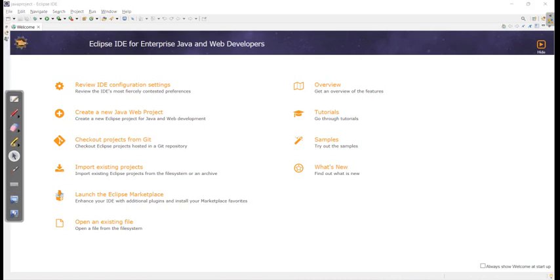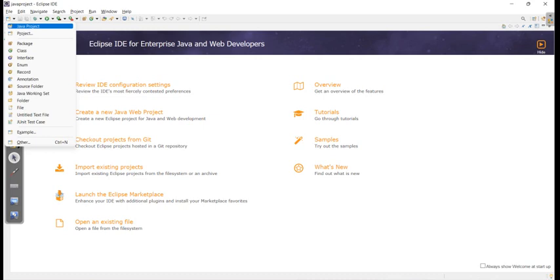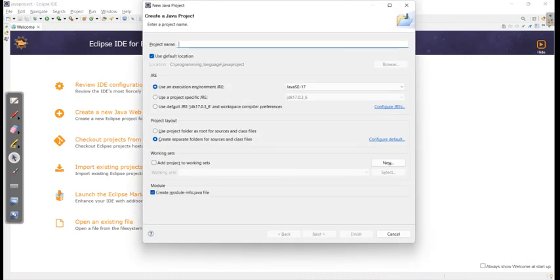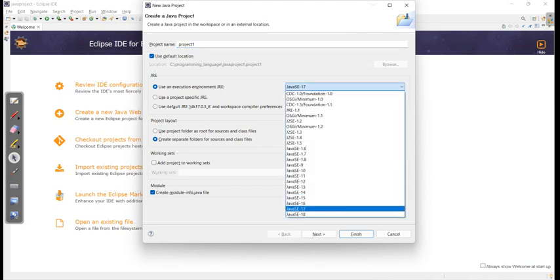I open it, create, open and exit. For that, Java project, name it project 1. Here you can see you can choose lots of JDKs, but we have only three JDKs: 18, 17